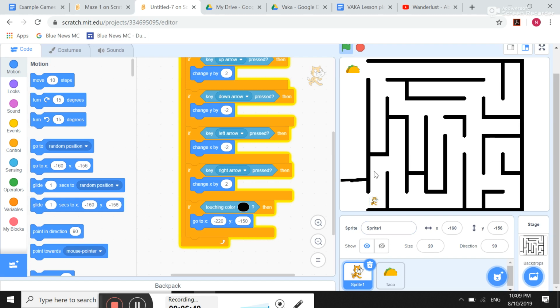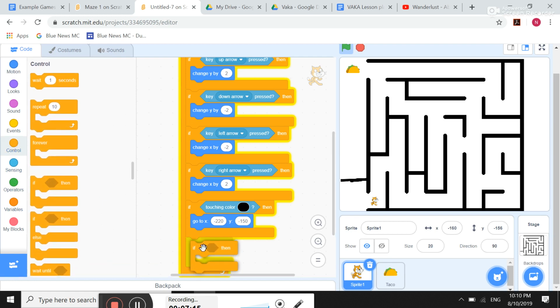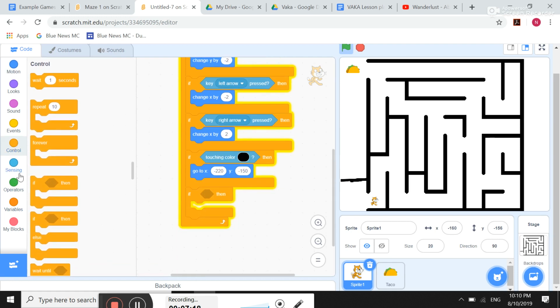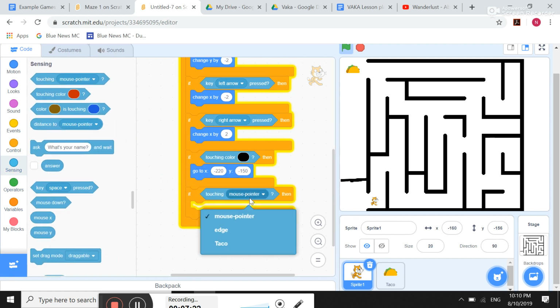Problem is, again, this is cool. We've got the taco, we've got the black walls working, but when the cat touches the taco, we want to have it so that when he wins, the cat says something. He will say, "Yay, you win! Try again." That's what it's going to say, and then the cat's going to come back to here. So the way we're going to do that is we're going to do another if statement, and we're going to go touching taco, if the cat is touching the taco,